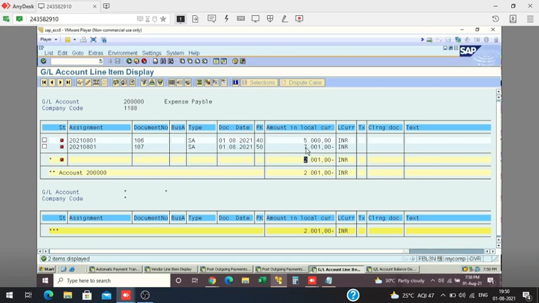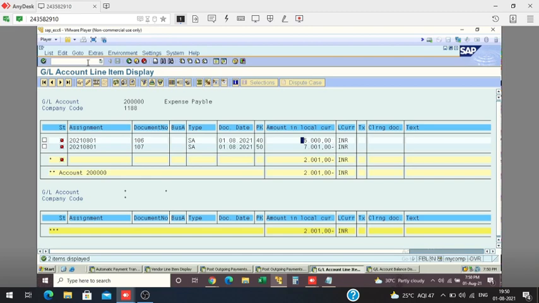Okay. In residual payment, now I want to clear and post another document. Then only you can understand what this is. Due to the partial payment, the 5,000 is still open. Okay, so I'm doing the residual payment once again.